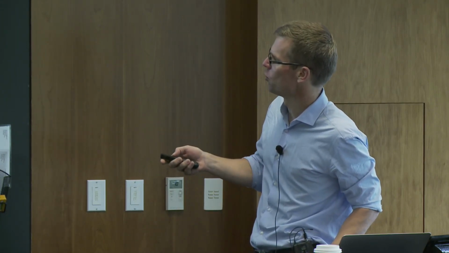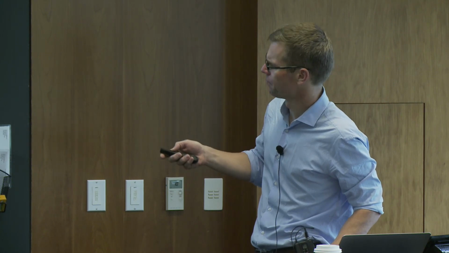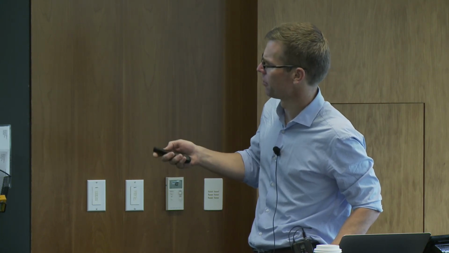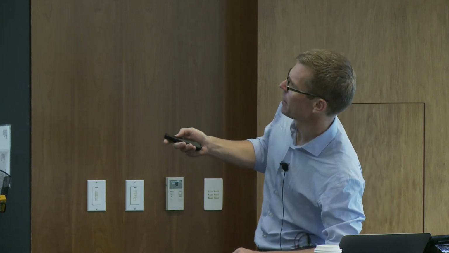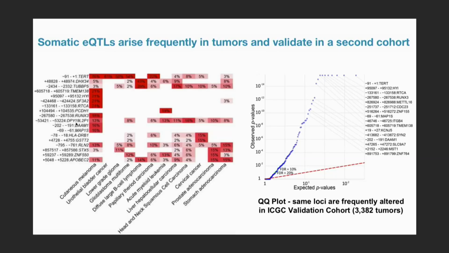This is a so-called QQ plot, which I won't go into the details of. It's a common way of analyzing these data. I think many of you are probably familiar, but basically each of the events appears as a point in the space, and if you pull away from this diagonal, which is the expected distribution of p-values in the new cohort for association, you can see that many, in fact the majority, of these events are found recurrently in the second cohort.